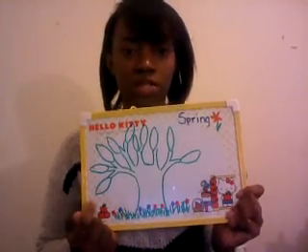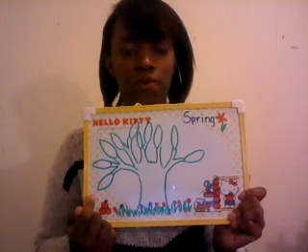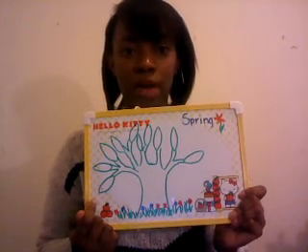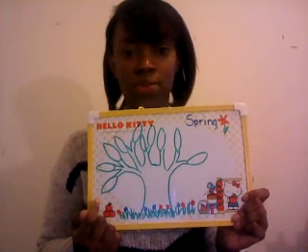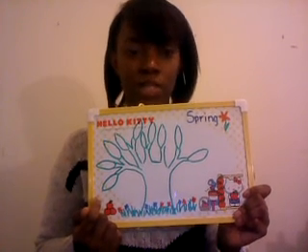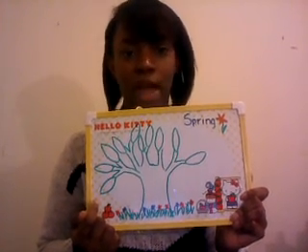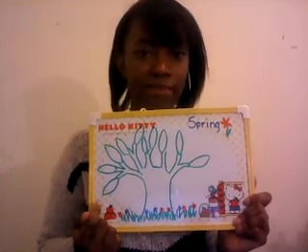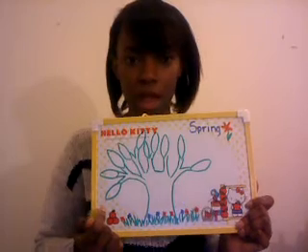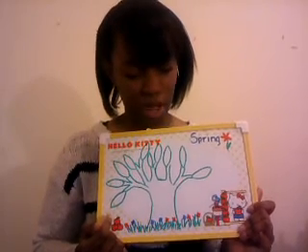Now for younger students, you can just simply write a word. For older students, it would be nice to write ideas or other things like that. Also for older students, it's possible to have them take the words that they write on the tree and further that by writing sentences using the words and specifically defining the words. So that's one thing you can have them do with this.